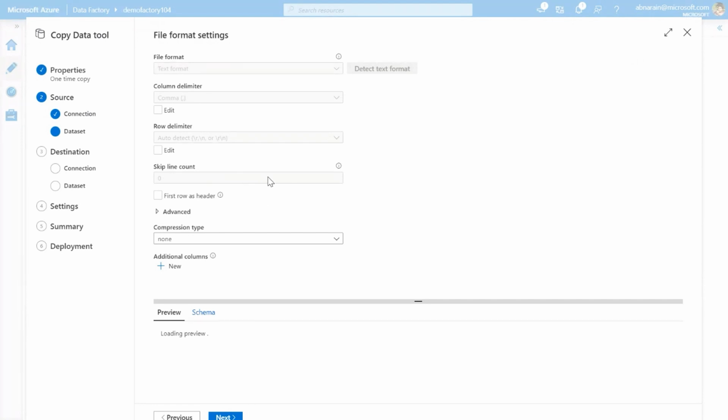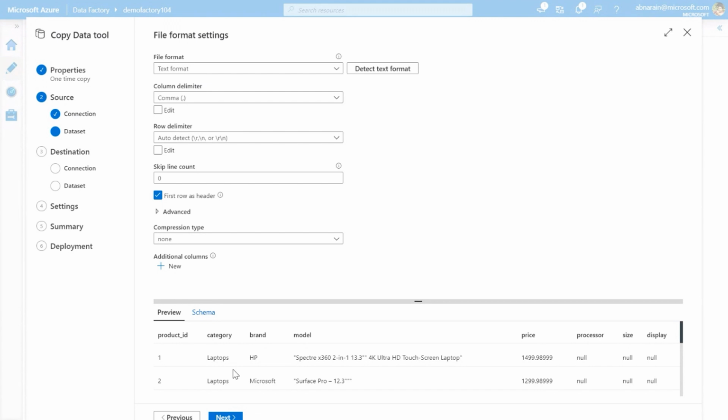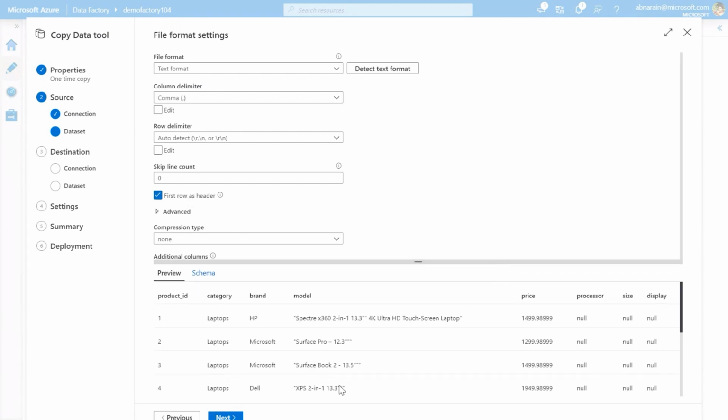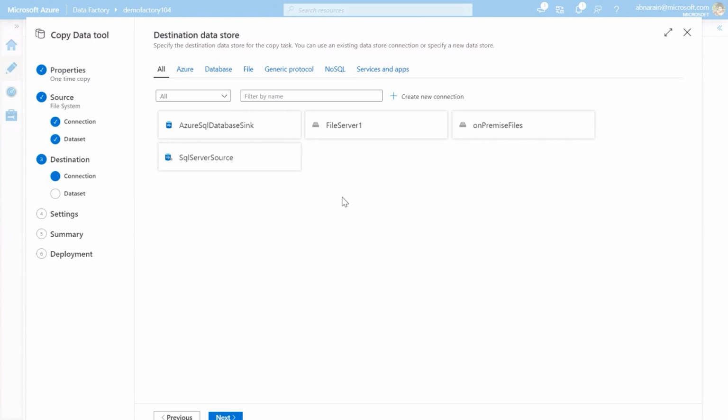And this is where you specify the file format settings. And as I said, ADF will try and understand your data. It will try and do some schema queries and understand what schema your data looks like, though it's in a CSV file, but you would see that it is able to read the file, list the file, and it has the first row as a header. So you can do a data preview over here and check how your data looks. This is how my data looks. And then proceed with the next step, which is to select the destination where you want the data to be.